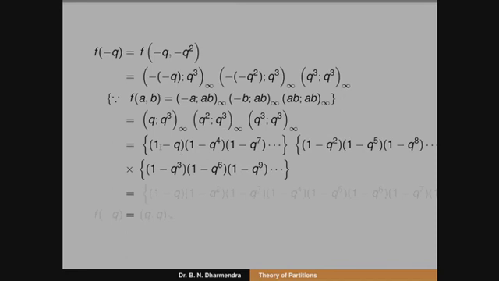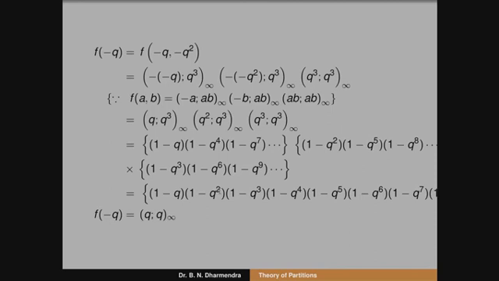So we can observe that 1 minus q cube is there, here 1 minus q to the power of 2, here 1 minus q to the power of 3, similarly 1 minus q to the power of 6. When I write them in proper order, that is 1 minus q, 1 minus q square, 1 minus q cube, 1 minus q to the power of 4. That means the first term is q and the shifting term is q, because q is the first term and the next term is 1 minus q square, meaning the base is q. So that is nothing but q cube infinity. Therefore f of minus q is equal to q cube infinity.